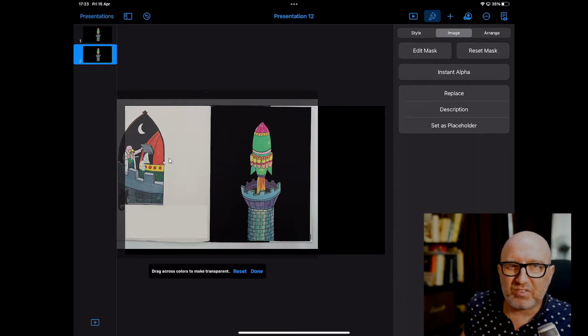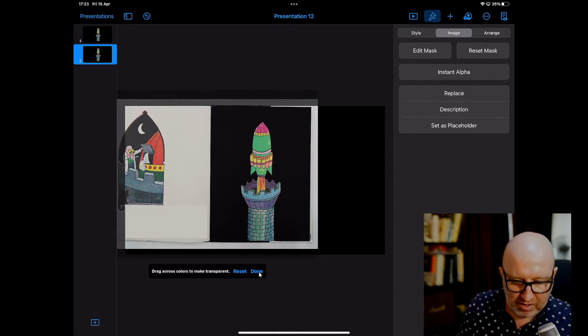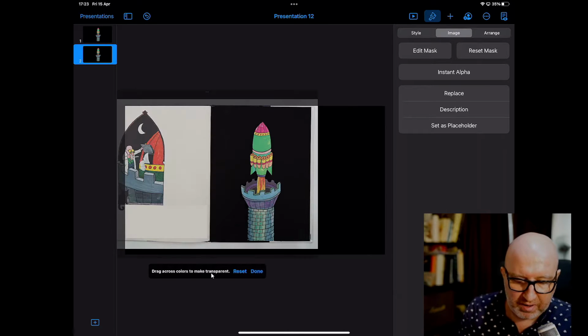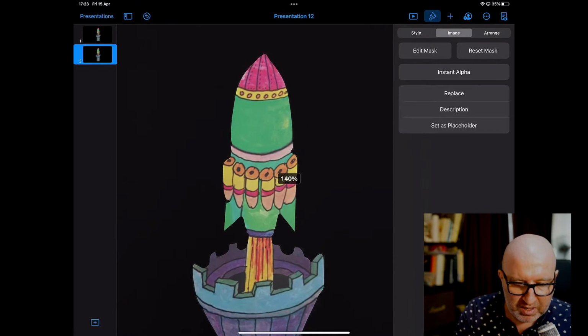Now when you mask something, it doesn't destroy the image, it only sort of hides it. So don't worry if this comes back again, it's all fine, it will disappear in a minute. If I hit done, I'll go back. So don't worry about that. So I'm going to go back to Instant Alpha, and what I'm going to do is just zoom in here,